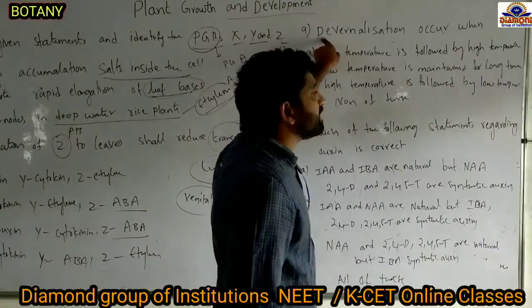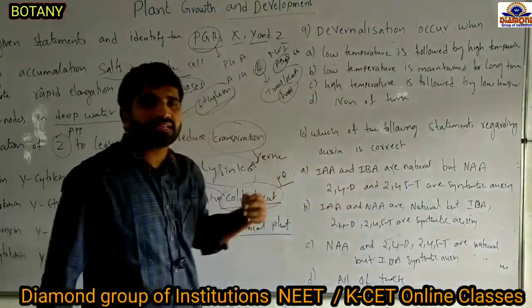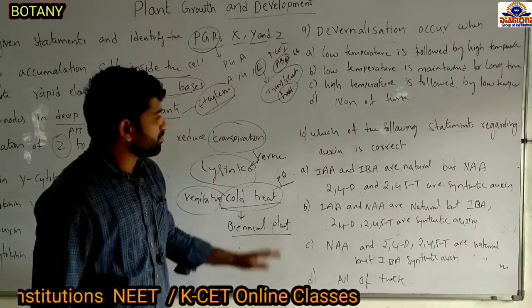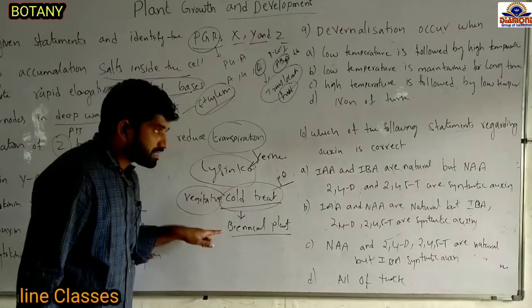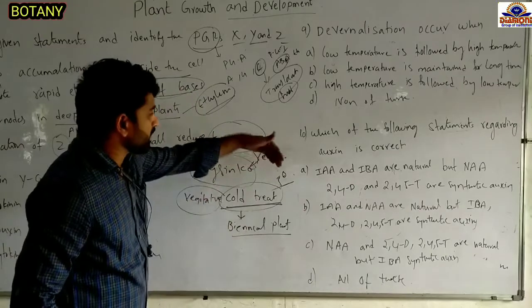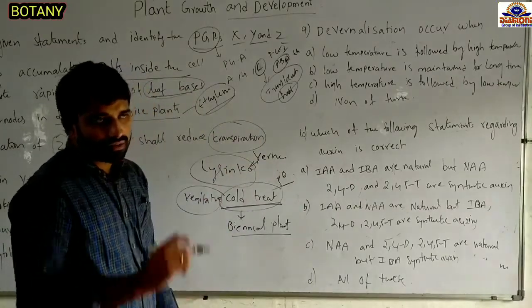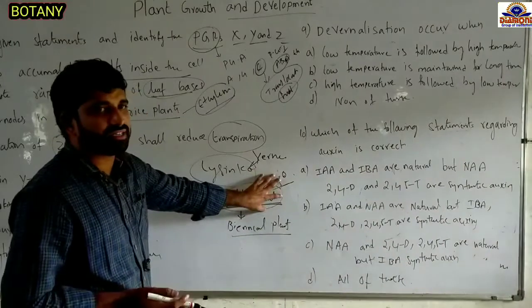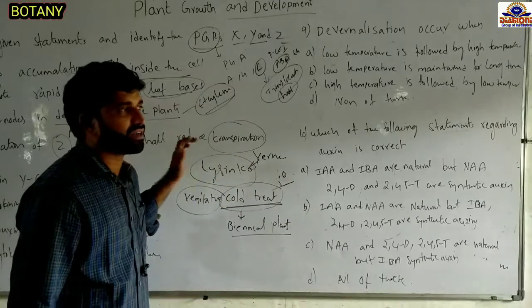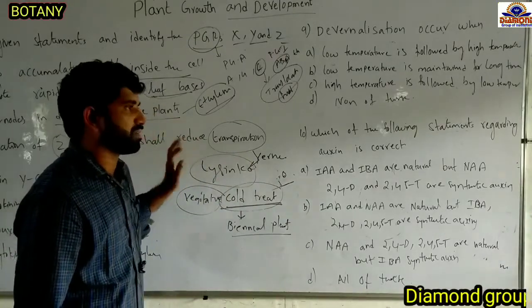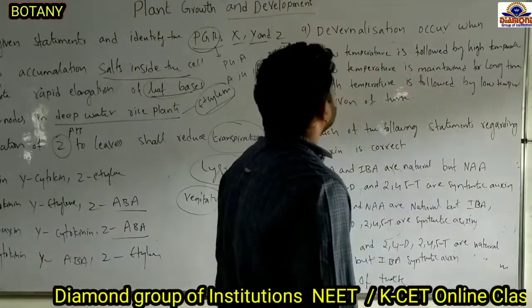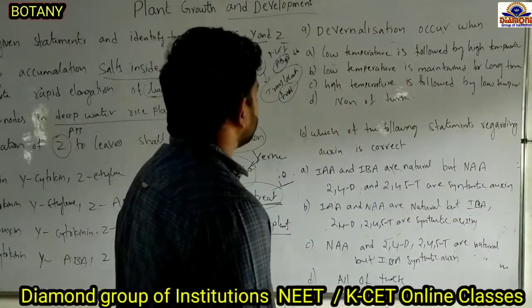But the question was asked as devernalization. Here, vernalized plants we have to revert, and it is converted into devernalization. In the vernalization process, we do the cold treatment. So to remove that vernalization, we can treat the plant with high temperature. When the plant body is treated with high temperature for 30 minutes, that vernalized plant is converted into a devernalized one. So devernalization is occurring. Option A, low temperature is followed by high temperature.